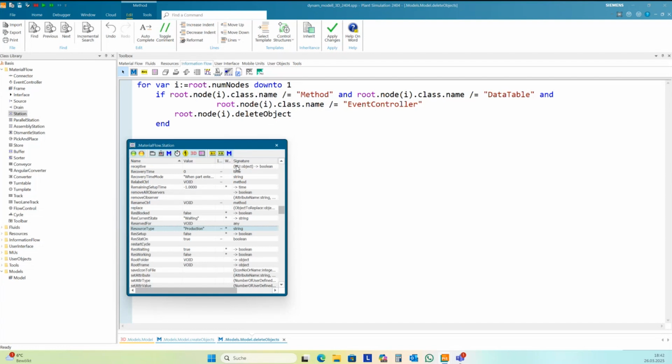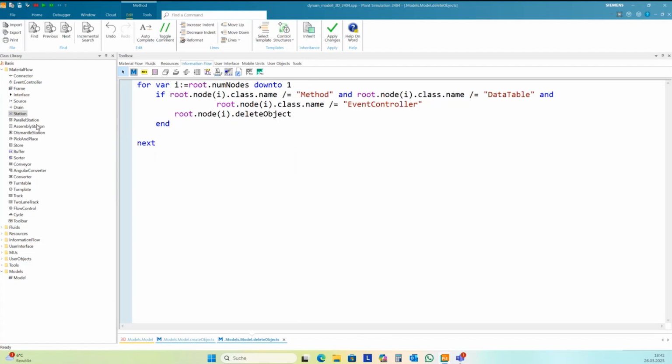And it's also better to use resource type if you have a lot of custom classes with a lot of different names. And so you can say, okay, all resource types production I want to delete, for instance, or all transports or storage. And so each of the material flow elements has this attribute.